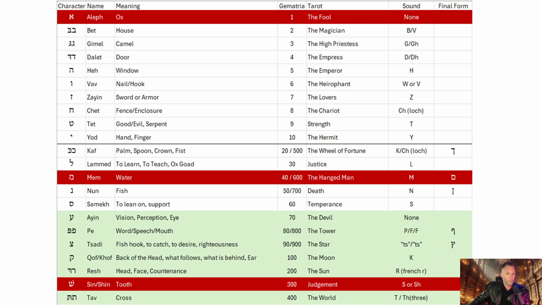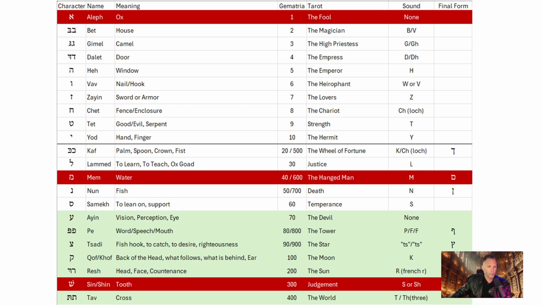Now, when it comes to the proficiency, I'm going to move my face around here. When it comes to the proficiency, you need to know how to draw the letters. You need to know how to pronounce the letters. You need to know their esoteric meanings. You need to know the gematria behind them, the number that they represent. You need to also have a good understanding of how they map up to the current tarot,